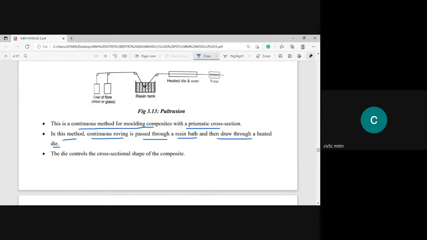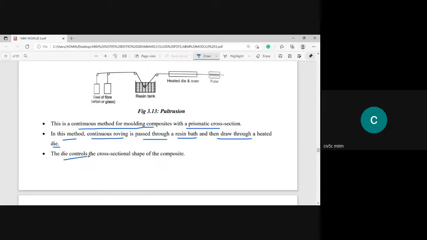From this activated resin bath, they are going to use this heated die, so that after immersing, it will be pulled and heated, so that I can dry this effectively because it will be in the wet state. I can dry it properly, and later on I'm going to pull it. That is why it's called a puller. And whatever I'm going to manufacture will be FRP laminates or composites.